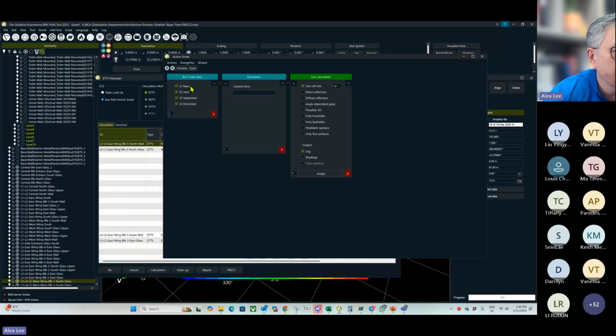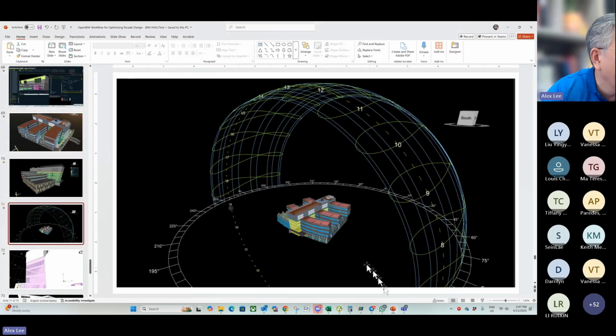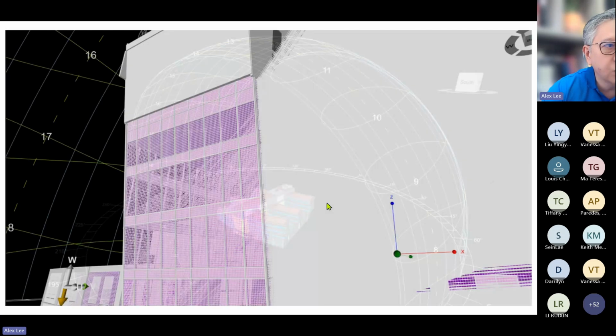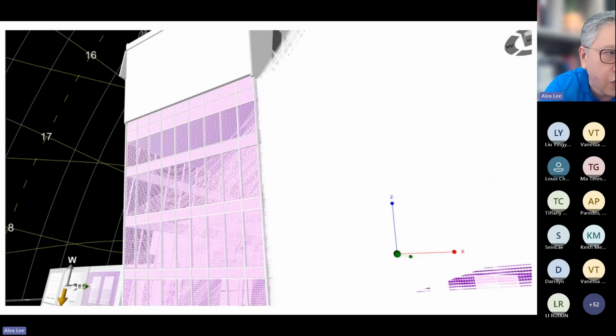Now look at this. For the shadow coefficient exercise mentioned in the BCA guide, basically you have to go through this process: March 21st, June until September 22nd, and the simulation time is from 7 a.m. to 7 p.m. This is exactly what we did if you look at my PowerPoint. We performed sun path simulations, and we get all the rays shooting on all the glasses. If you look at the glass panel, it is actually digitized into